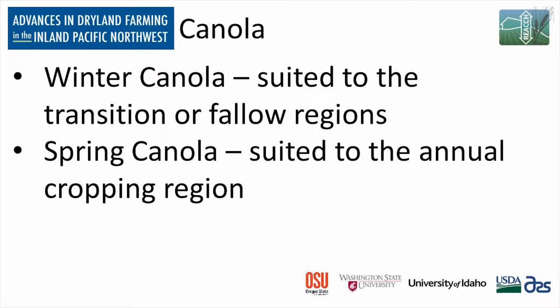Canola and where it fits into the agroecological classes. Winter canola fits best into the transition zone or a little bit into the grain fallow region. You'll see people, especially up on the Waterville Plateau, out towards Elmira, that area growing winter canola, and down into Ritzville and further out on Highway 26 towards the western end of Whitman County, rather. You'll see some. And then spring